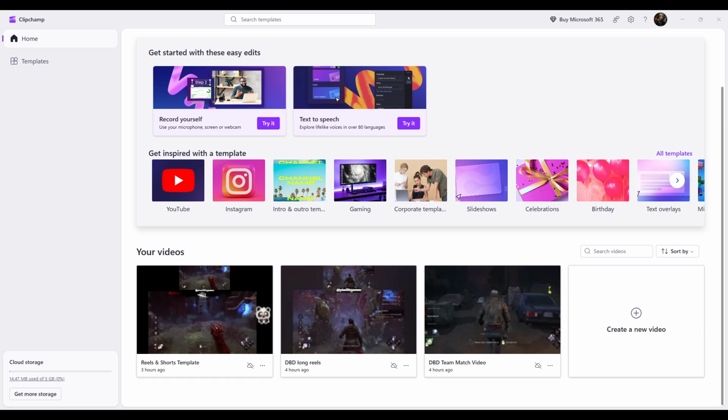Hi, today I'll show you how to create styled reels and shorts for upload to YouTube or Instagram. It is absolutely free to use this software. It comes with your Windows and it's called Clipchamp. It does have premium features if you want to buy premium features, but you can create reels and export them